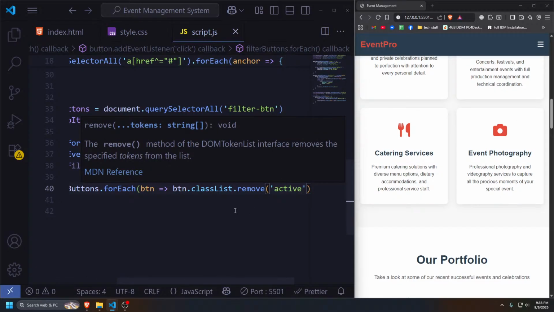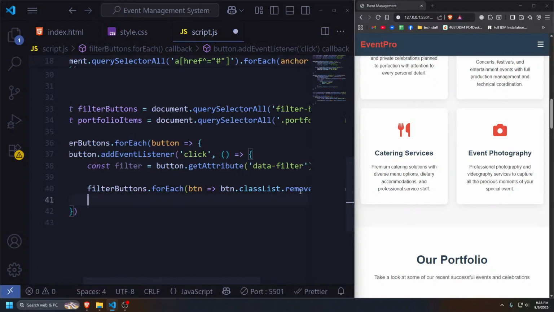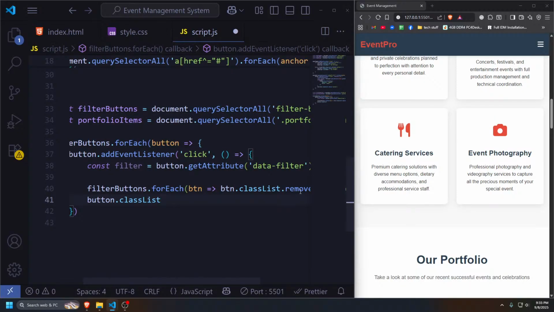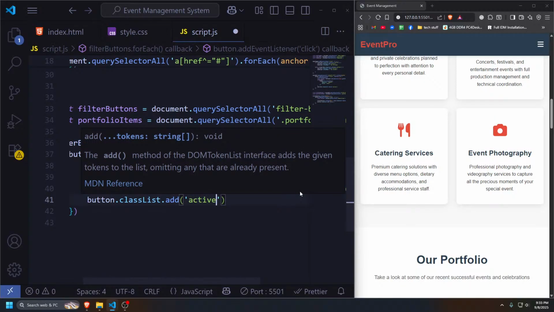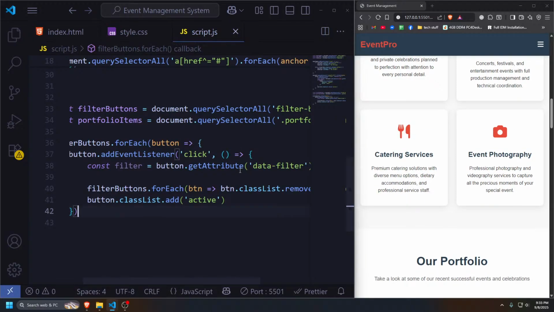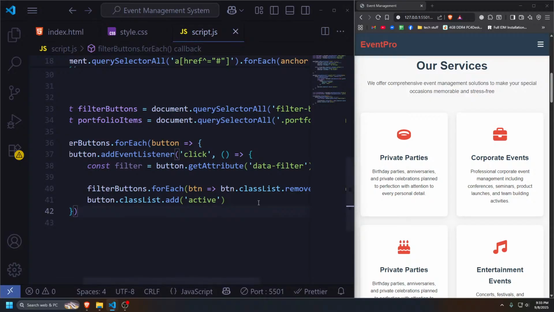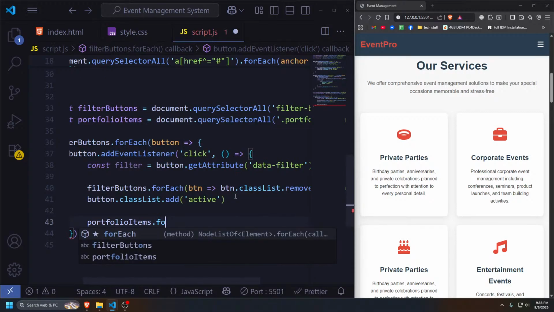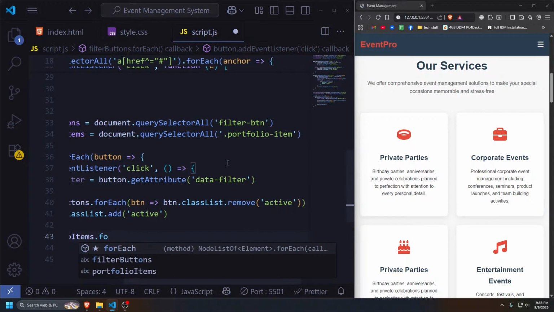So that is what we're doing here, changing that to active, and do button dot class list and do add. I can do active. And yeah, so that will basically set the filter. So we have to make the actual filter. So I'm just gonna do portfolio items dot for each